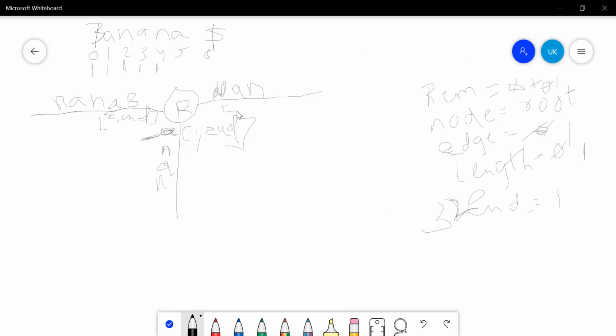Actually, I forgot to write this. And this is 2, comma end. So according to rule 1, rule 2, rule 3, at last, as we didn't create the leaf node and A again came, according to rule 3, increase the length and edge of the tree and increase the end to 4.